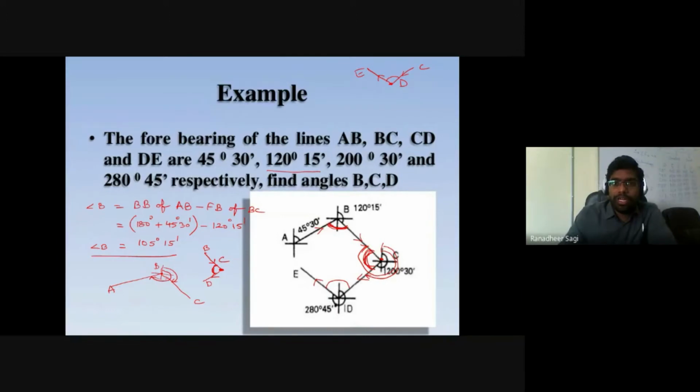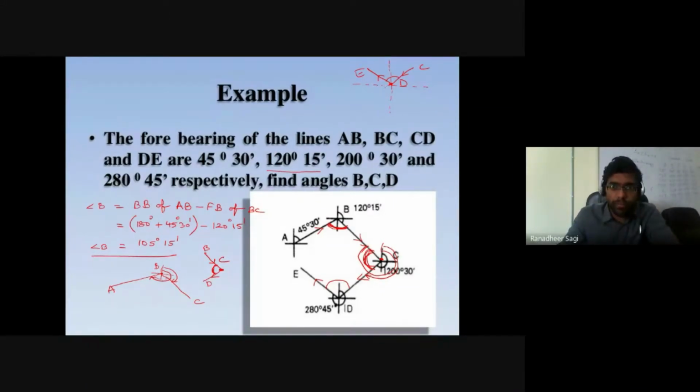If I'm required to calculate the interior angle, let's first understand what my reference axis direction is. This is my reference north, south, west, east. Whenever you talk about the bearing of two lines intersecting at joint D, at station D, what are those two lines? The DE line and the CD line. The DE line is said to be the forward direction of the traverse.